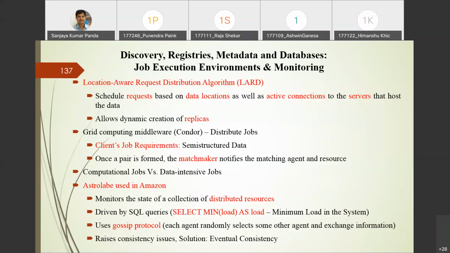It also uses the gossip protocol, where one agent can talk to another agent and exchange messages with it. It also raises consistency issues, and the solution is to go for eventual consistency. Consistency means that if you have distributed resources, and multiple resources are working for the same application, then a consistency issue will be